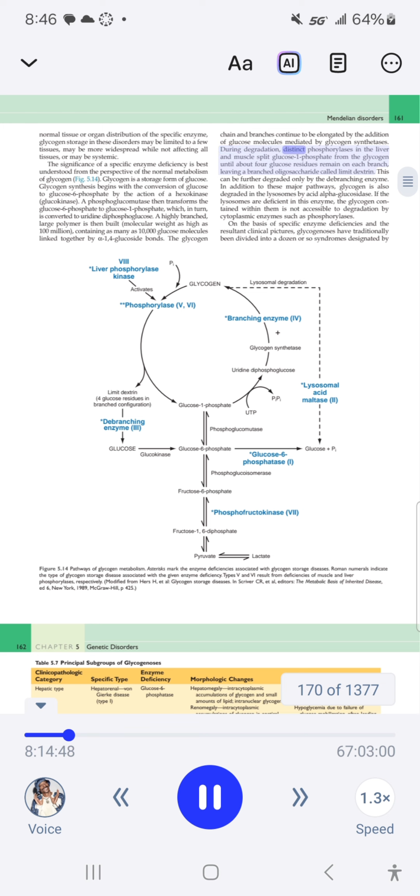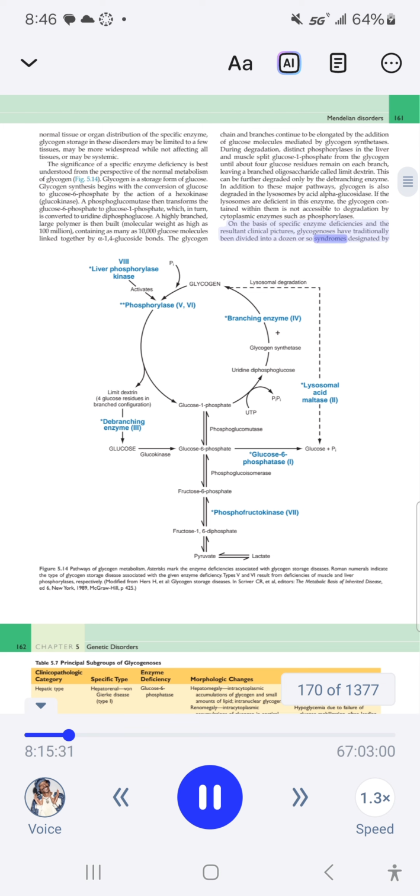During degradation, distinct phosphorylases in the liver and muscle split glucose-1-phosphate from the glycogen until about 4 glucose residues remain on each branch, leaving a branched oligosaccharide called limit dextrin. This can be further degraded only by the debranching enzyme. In addition to these major pathways, glycogen is also degraded in the lysosomes by acid alpha-glucosidase. If the lysosomes are deficient in this enzyme, the glycogen contained within them is not accessible to degradation by cytoplasmic enzymes such as phosphorylases. On the basis of specific enzyme deficiencies and the resultant clinical pictures, glycogenoses have traditionally been